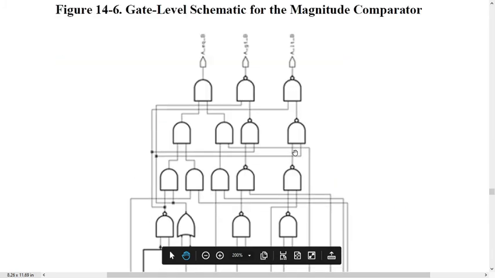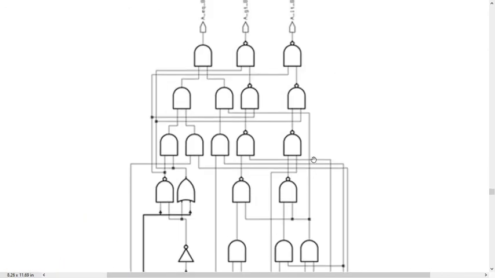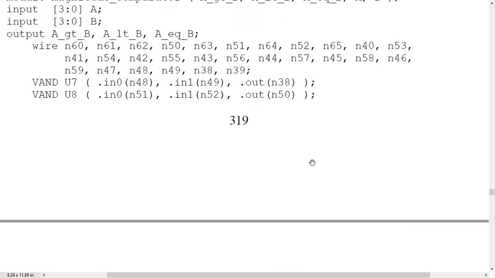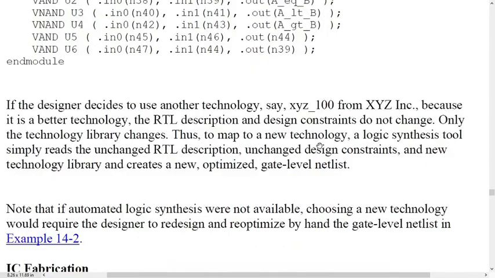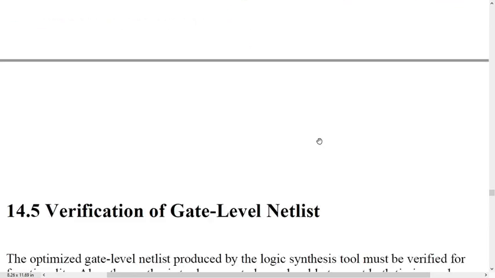Here I can see my 4-bit comparator, how it is available with respect to its logic diagram and its gate level representation. The code may look very easy, but when I start designing and optimizing that, it looks pretty